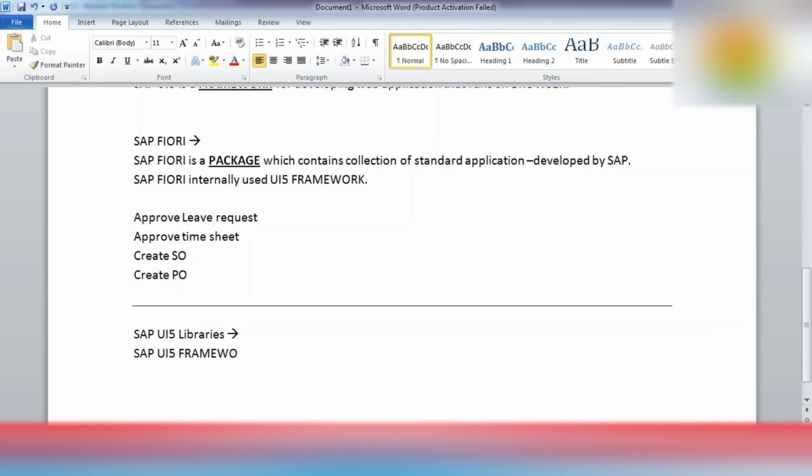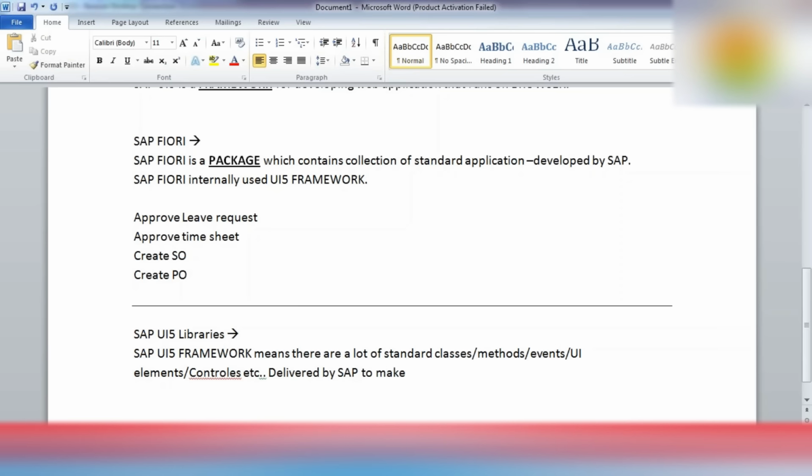SAP UI5 framework means there are a lot of standard classes, methods that you will find under the classes, different events like click events, different UI elements, different controls, etc. And all are delivered by SAP itself to make use of while developing our custom web application.